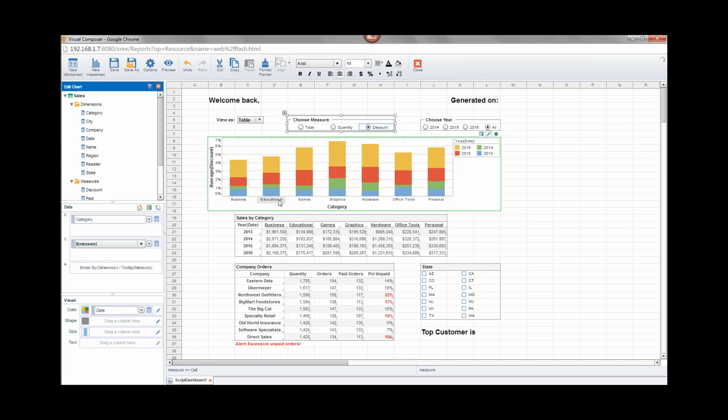Now I can look at the different categories and I can see, for example, that graphics has the highest average discount overall, and I can also look at it broken out by year and so on. Okay, so that's our first example of script, and that's an example of property script. We're adding script to a particular property, in this case the aggregate property. Okay, well let's move along, and let's take a look at the next kind of script that we can do,